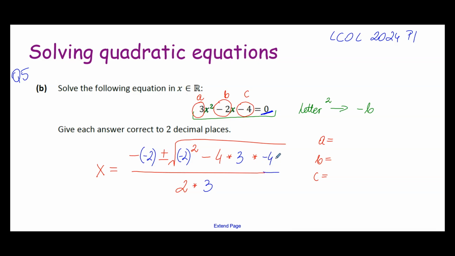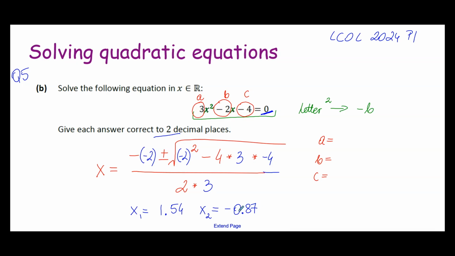Now the last thing is c, and our c is minus 4, so we remove that and we put minus 4 in that place. We put all of that in the calculator, first with, or doesn't matter whether first or second, one version with plus, and the second version again with minus. And here we are to give the answer correct to 2 decimal places. So one value of x we should be getting is 1.54, and the second value of x we should be getting is minus